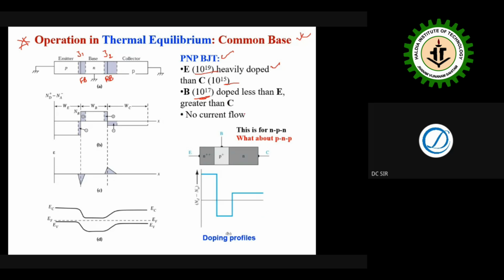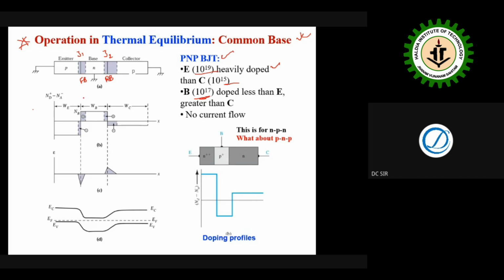There is no current flow in equilibrium condition, because here we can see two junctions, J1, P and N. If you remember the PN diode,